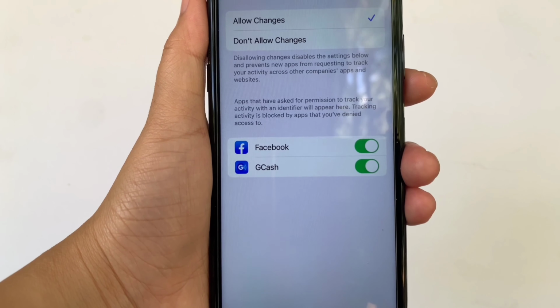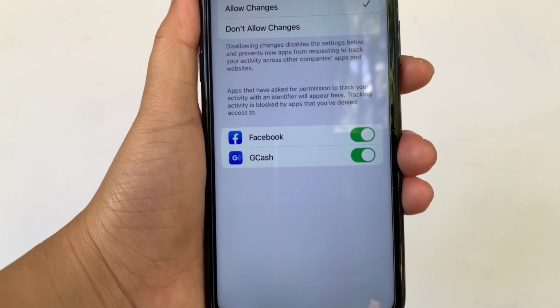And that's it. We have successfully turned on and off allow apps to request to track in Facebook on iPhone